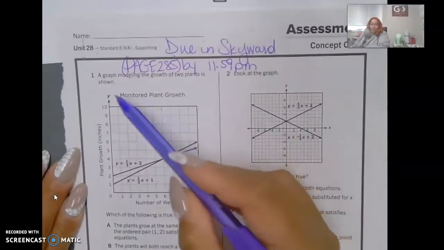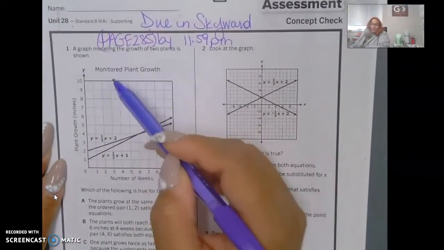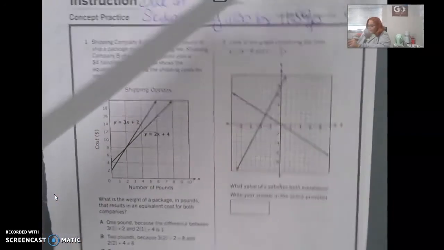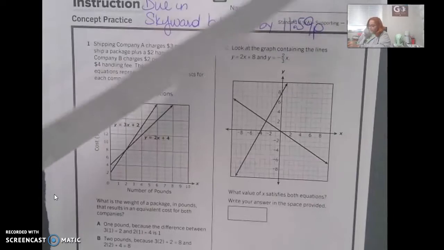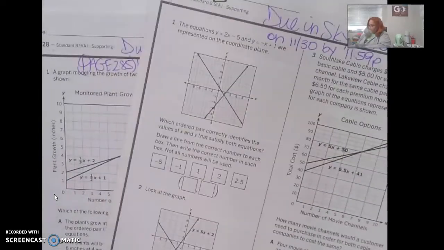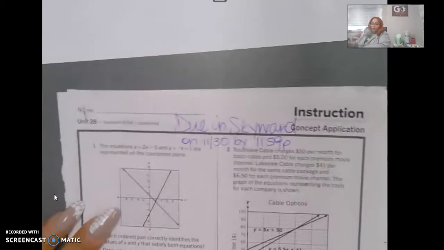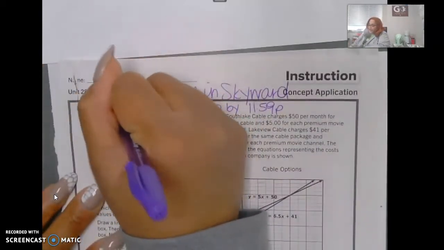And then it says a graph modeling the growth of two plants is shown. Was I supposed to start on this page? Hold on. Let's actually go in order and start on page 281. My bad. I just got out of order. All right, so page